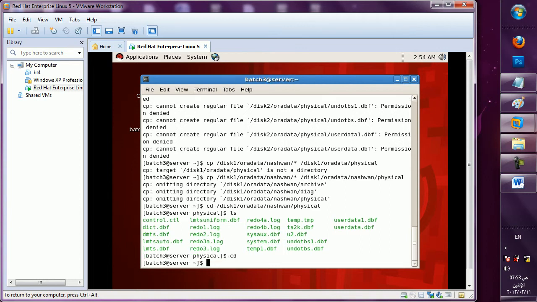Now, whatever backup you have taken previously, of the database through traditional export or data pump or maybe incremental, if you recover that, these physical files should be there with that database set. That's why cold and logical, both the things should be there.